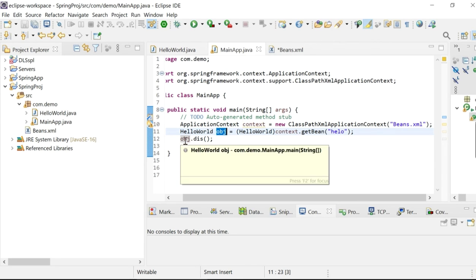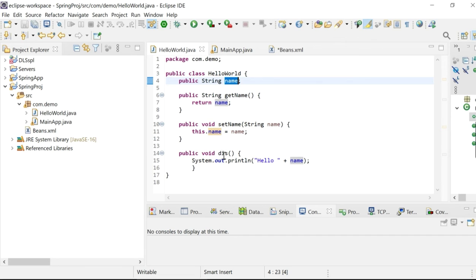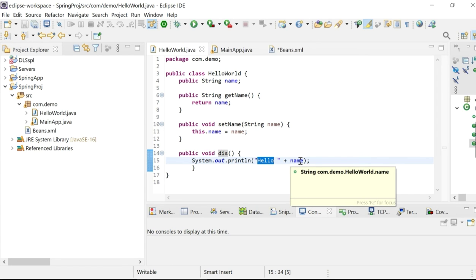With obj we call the method named dis, which is in HelloWorld. It prints hello with whatever variable name we assigned, and that text is printed on the console.